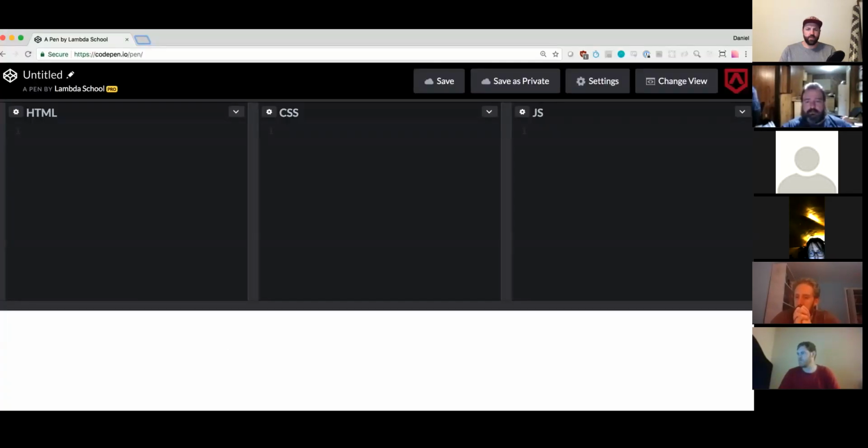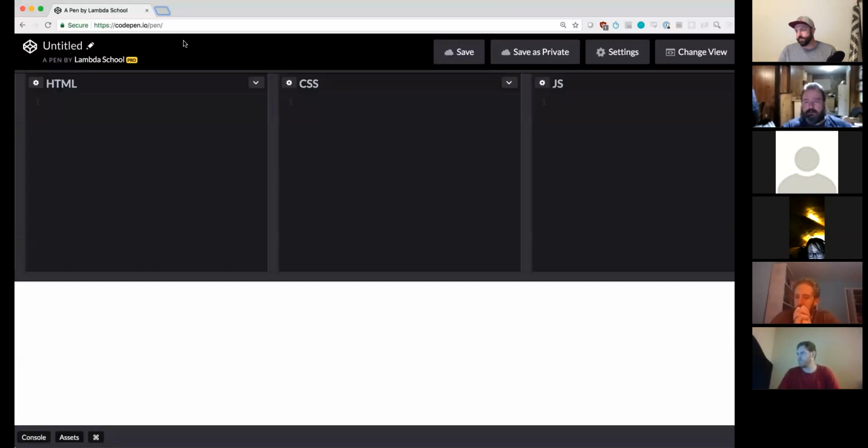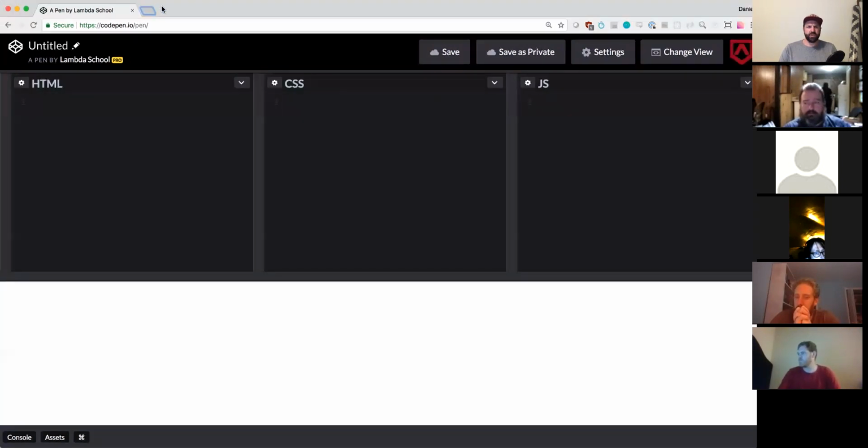One moment. Share the screen. All right, can you all see this CodePen on the screen? Just give me a thumbs up in your screen. Cool. All right, so let's go div dot